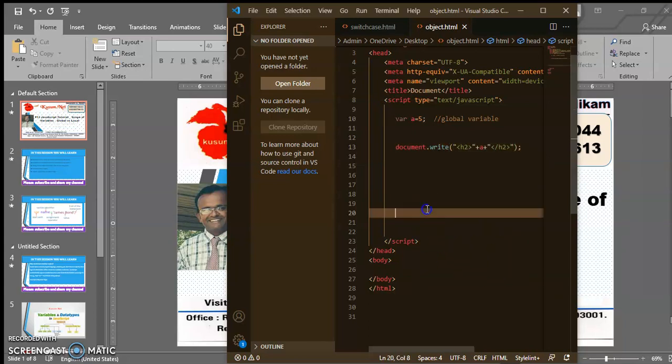So this is called a global variable, and the life of this variable will be as long as the script runs. For the lifetime of the script, the variable will display the value.